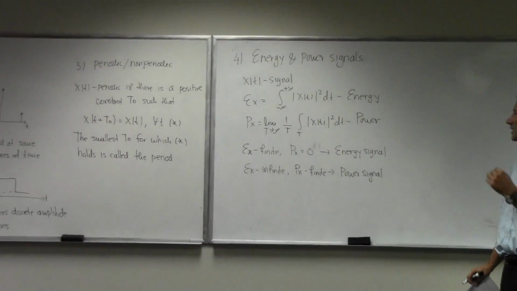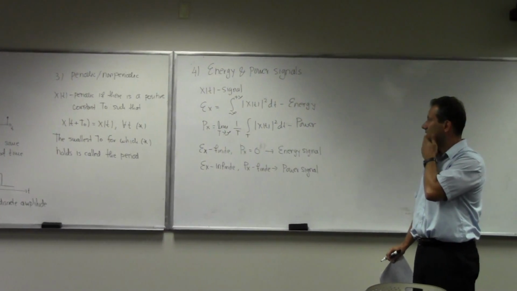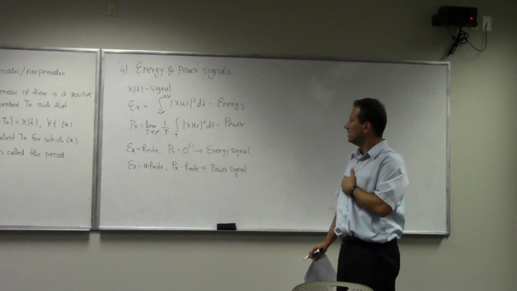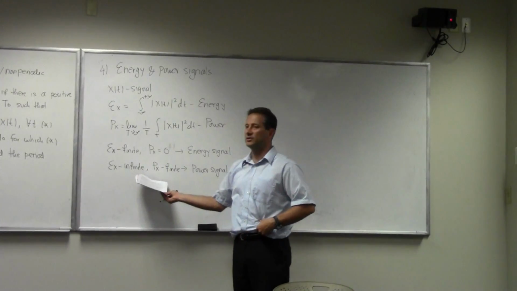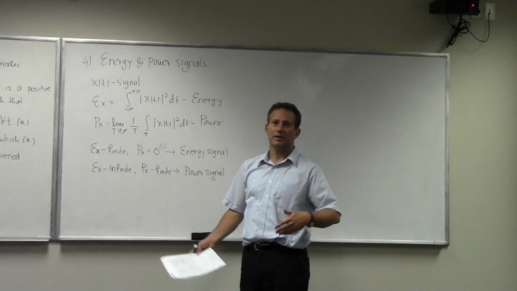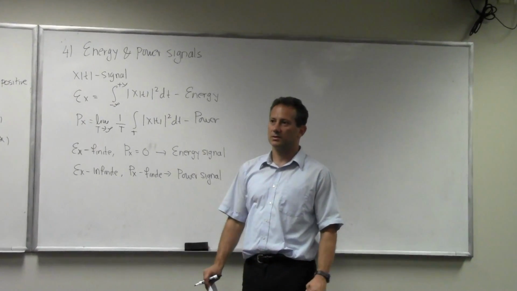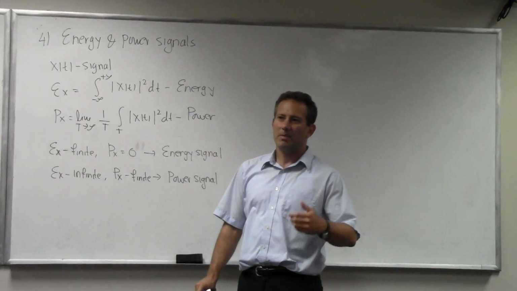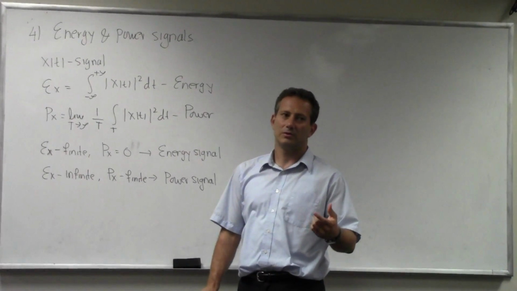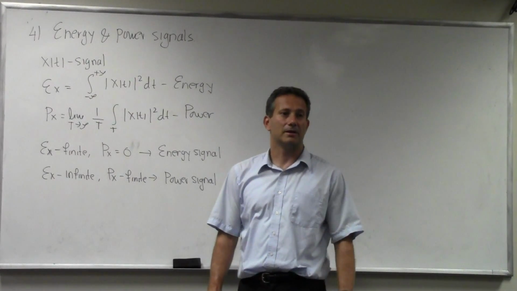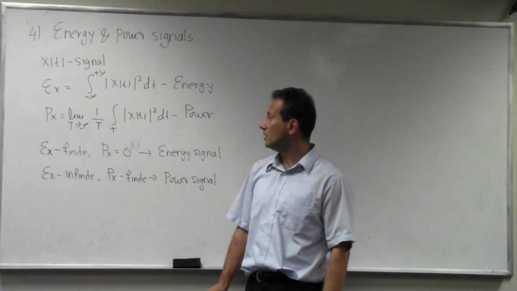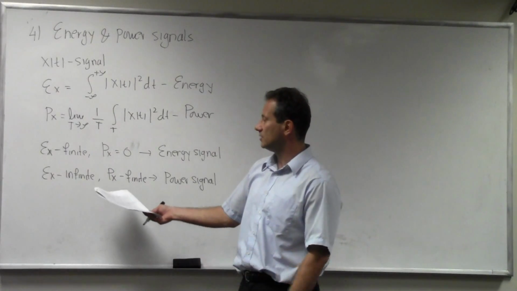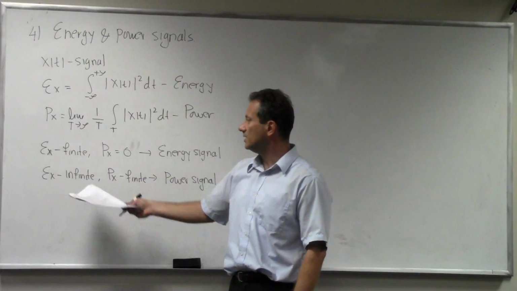We can construct some signals, and we may actually do that a little bit, that don't fit this category. For example, if the signal has infinite energy and infinite power, then it's not in either one of those. But those signals are not natural signals. They're mathematical constructions. Nevertheless, they may be useful, but most of the real signals that occur in practice are either